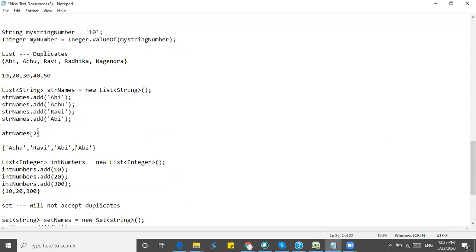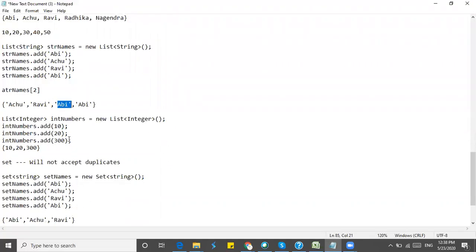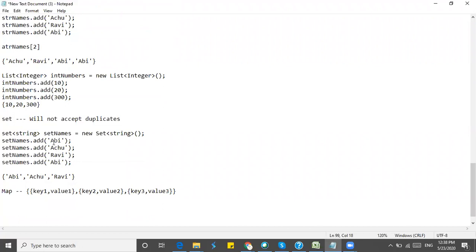If you try, it will give a third value, but not sure this is the value we are getting. The value may be anywhere. We have added Abhi first, but it can be saved at the third position also. Same with sets, we have added Abhi first, but it can be at the third position.